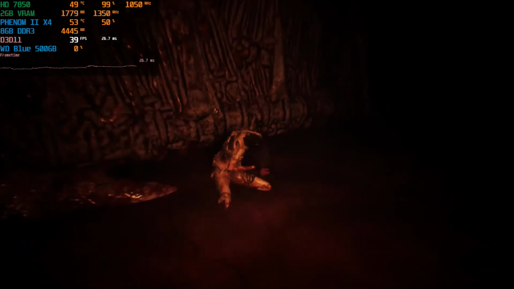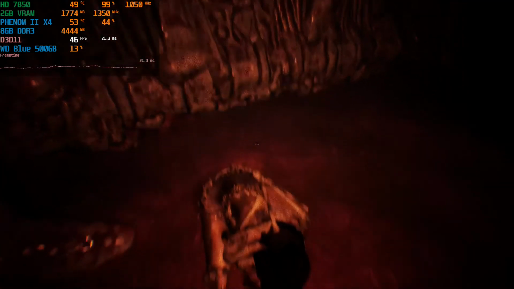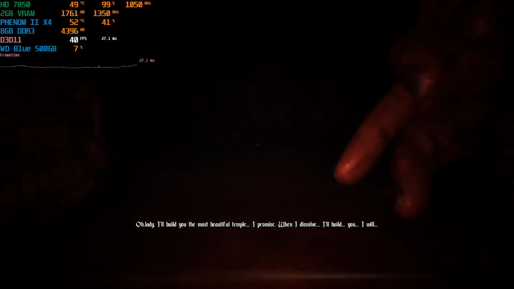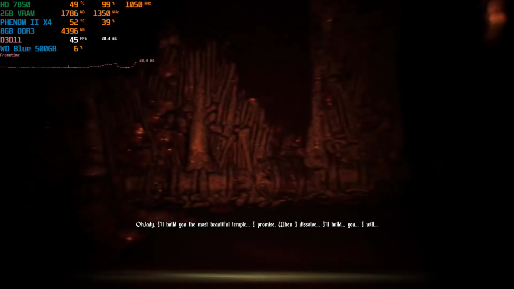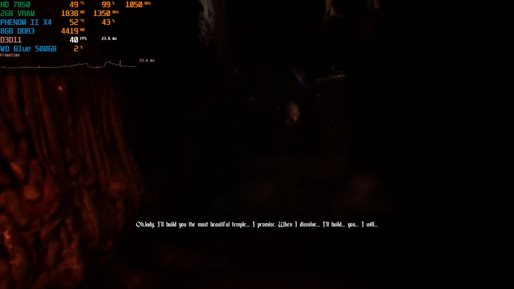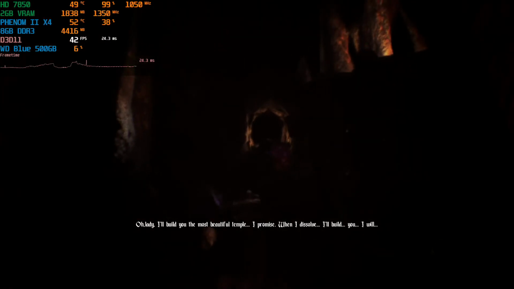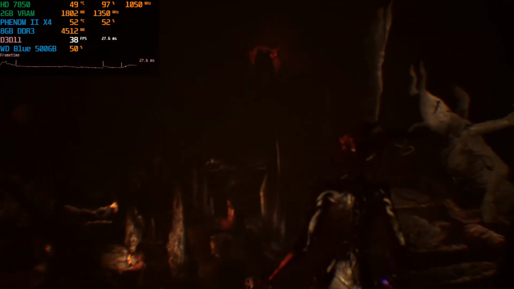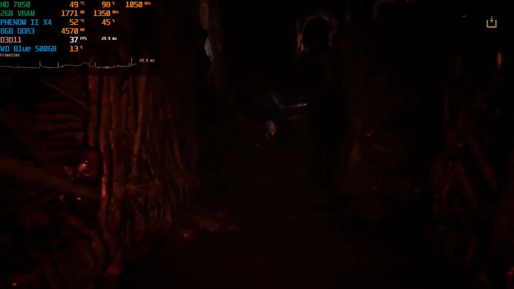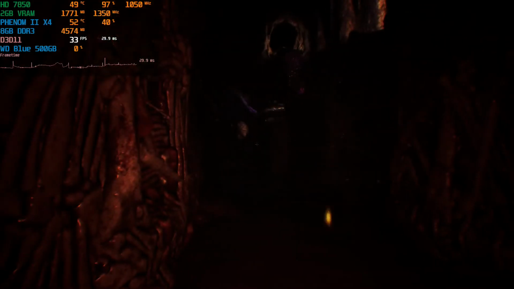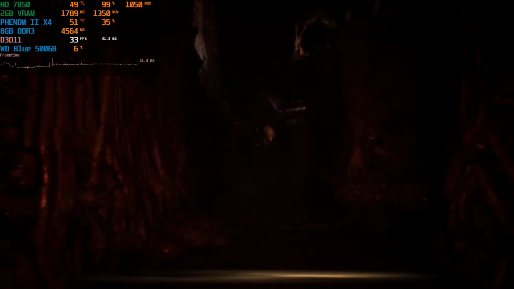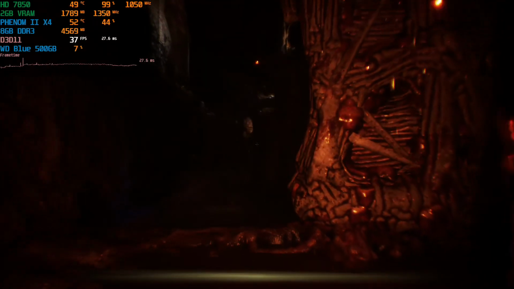The most beautiful temple. I promise. When I dissolve, I'll build. I'll build you, oh lady, the most beautiful temple. The Red Goddess, the only one. There's nothing she